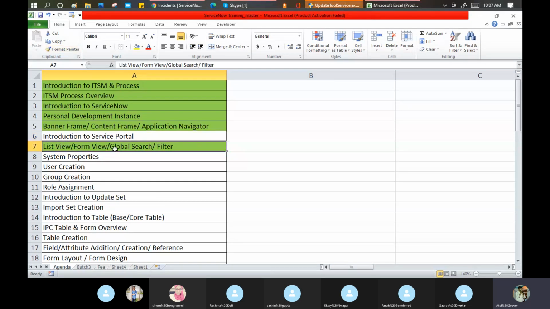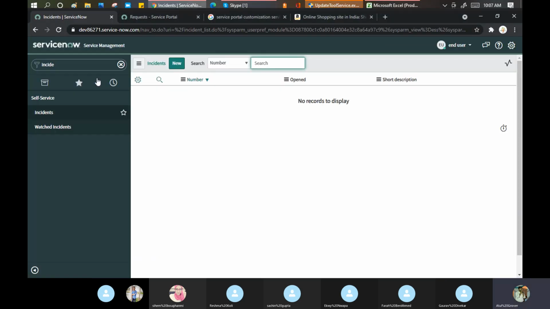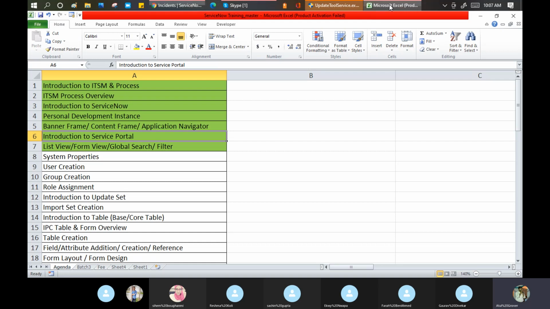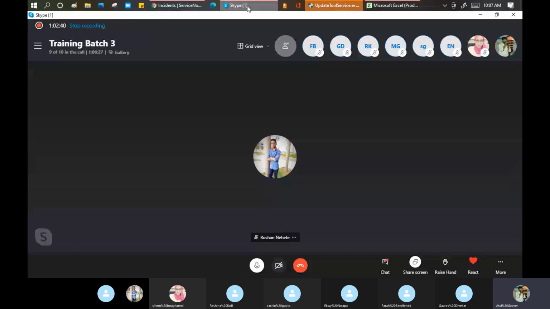Tomorrow, I will create the username and the password for everyone and ping it on the chat window, so that by tomorrow when you come, you have an idea of how the system looks, because when you log in, you will need to understand a lot in the beginning. So start doing the practice at your end, and in case of any issue, doubt, or clarification, you can put it in the chat window. Everybody is available to answer.